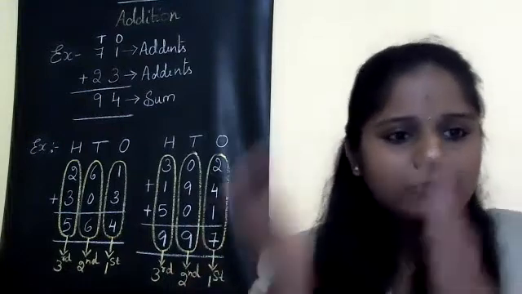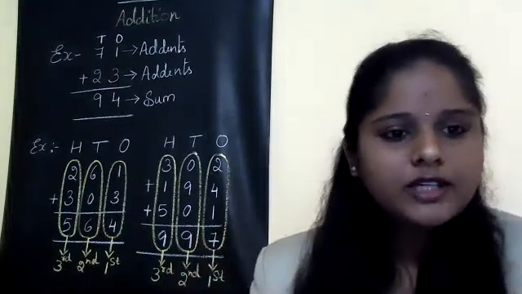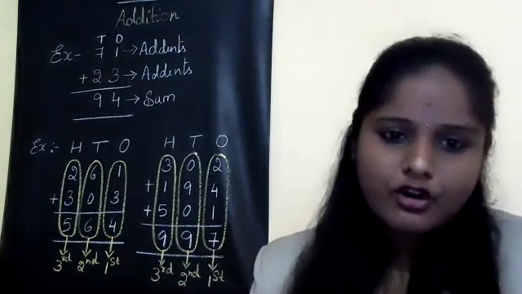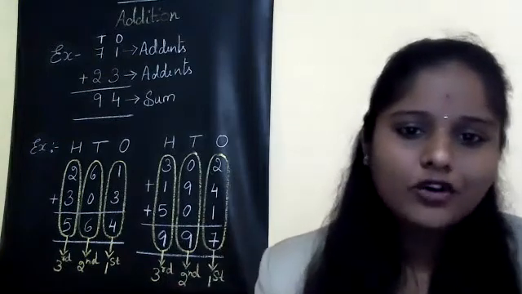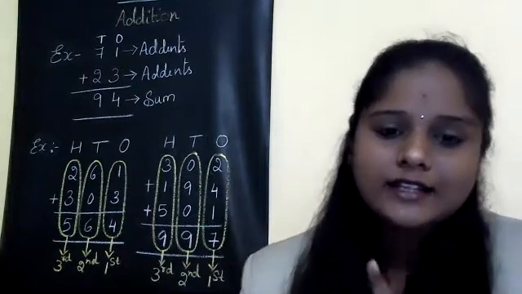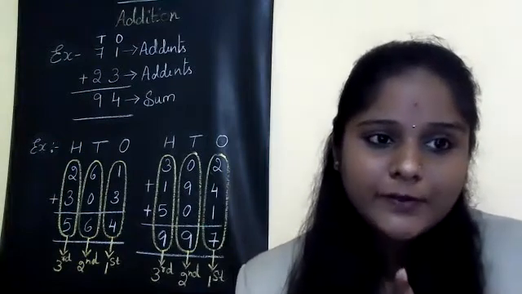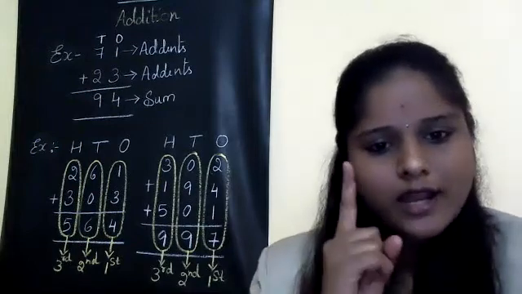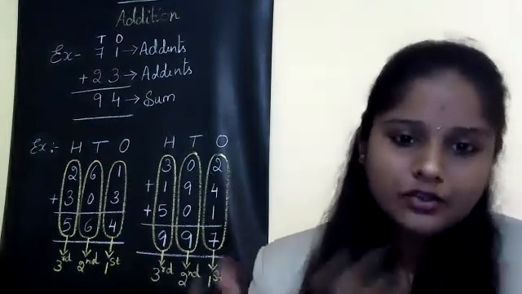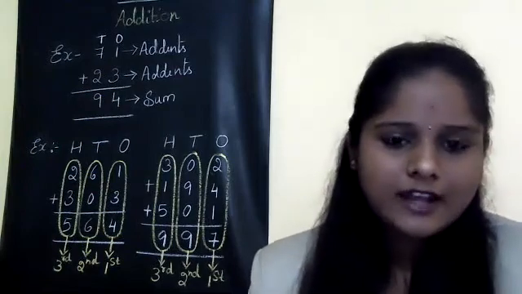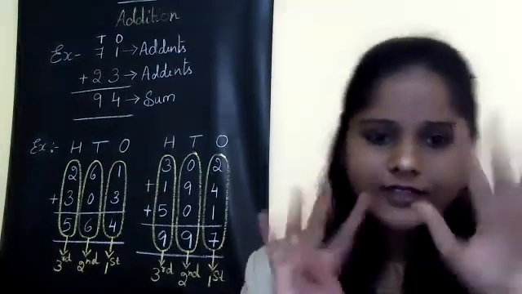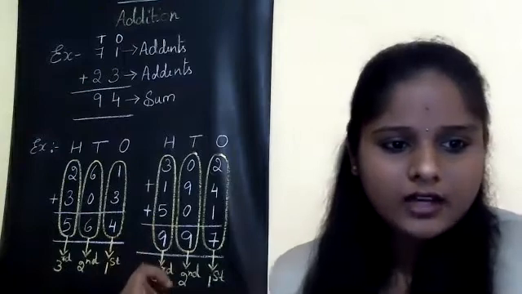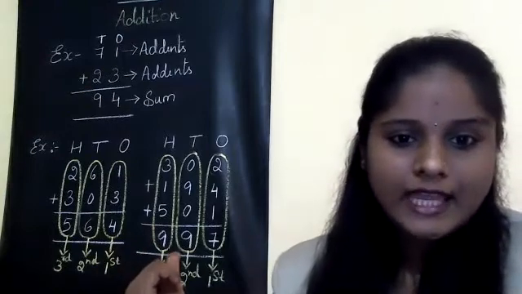Okay. Now move to the tens column. So the tens column numbers are 0, 9, 0. So as I said, anything that is added to 0 will remain the same, isn't it? So there are 2 zeros and 1 nine. If I add 9 to the 2 zeros, I'll end up having the answer 9 itself, isn't it? So now my tens place answer will be 9.